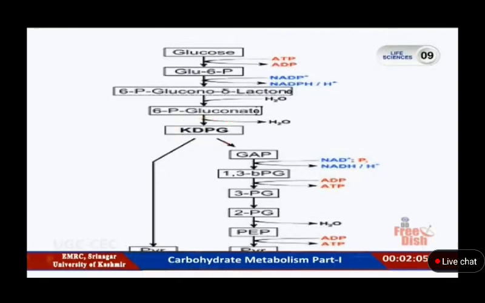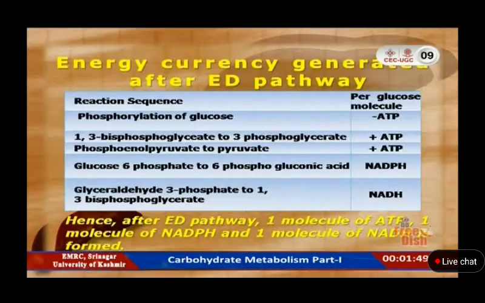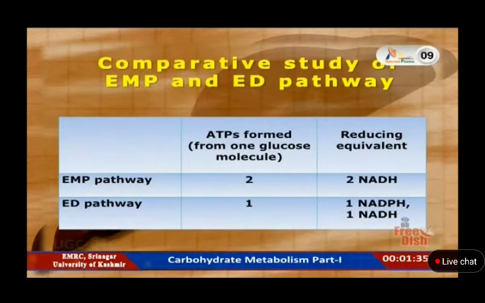Now this 2-keto-3-deoxyphosphogluconate molecule is broken down into pyruvate, one molecule of pyruvate and one molecule of glyceraldehyde 3-phosphate. Glyceraldehyde 3-phosphate is broken down via the glycolytic enzymes. So this pathway produces less energy. After one round of ED pathway, only one molecule of ATP, one NADPH and one NADH molecule is produced. So if we compare EMP and ED pathway, then EMP